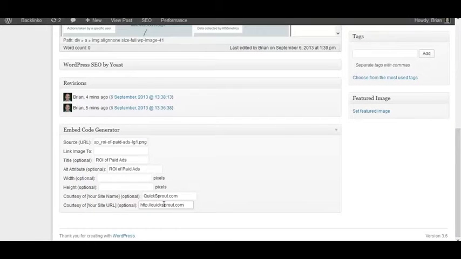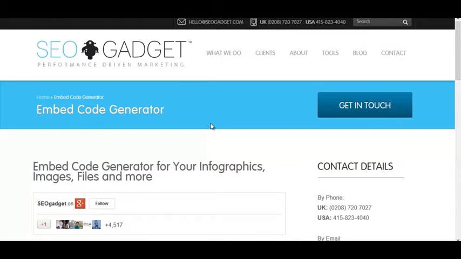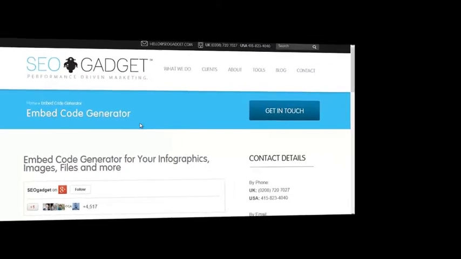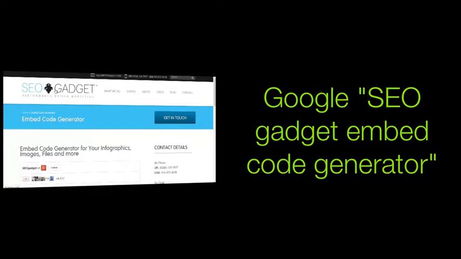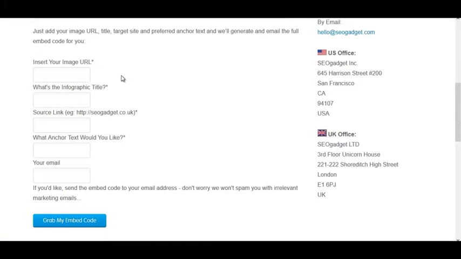So next I'm going to show you how to create an embed code outside of WordPress if you'd rather not use this plugin or you run a site that's not powered by WordPress. Okay, so what you're looking at is the SEO Gadget Embed Code Generator. So to find this page, Google SEO Gadget Embed Code Generator, and this is the first result. So what this is, it's basically the same fields and features as the plugin, but you don't need to install